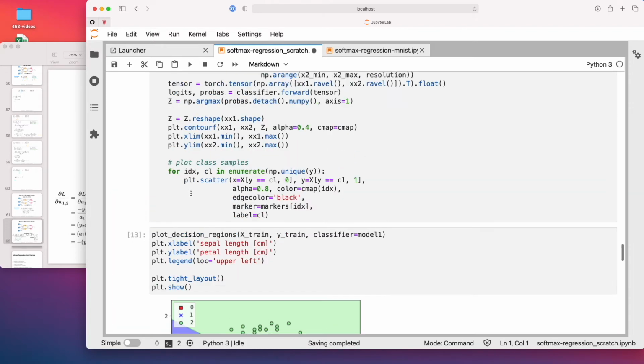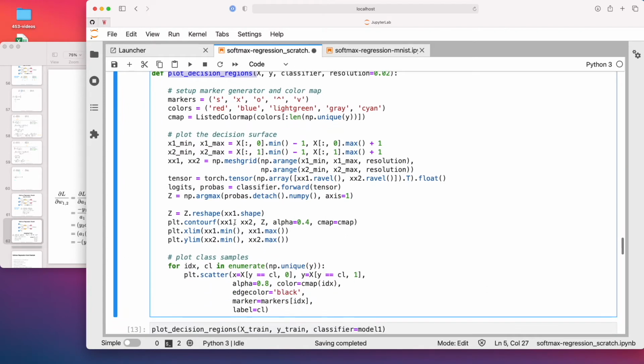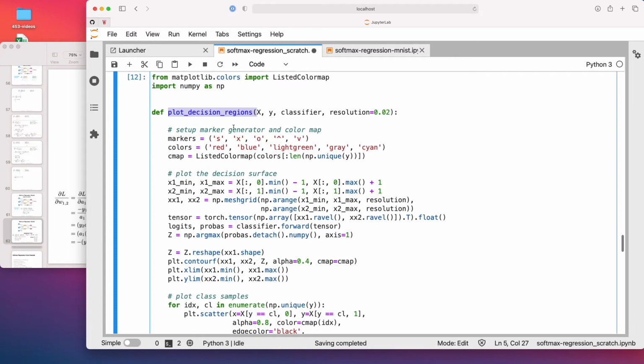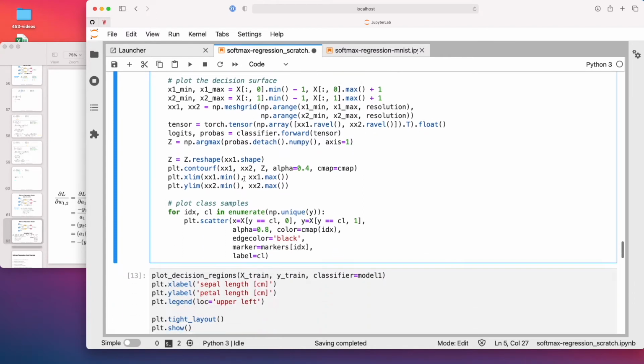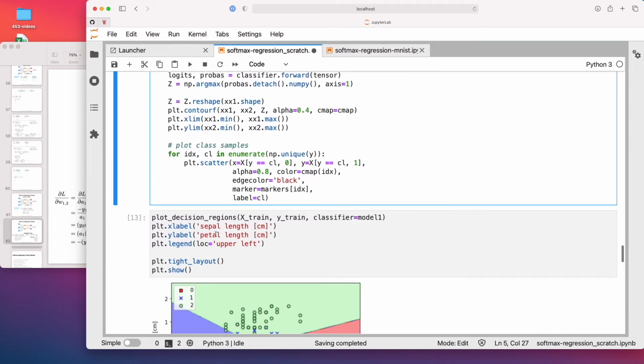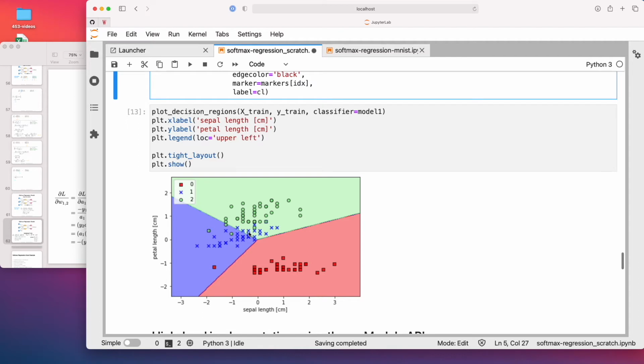Let's take a look at how it looks. So here I'm using the function plot decision regions. We have seen that briefly in statistics 451, if you recall that, but you don't have to know this or remember this, because in practice we will actually never really work with 2-dimensional data sets. So we never really have the luxury of plotting it. I'm just using a very simple data set, which is why it's possible here. So here's how the decision regions would look.